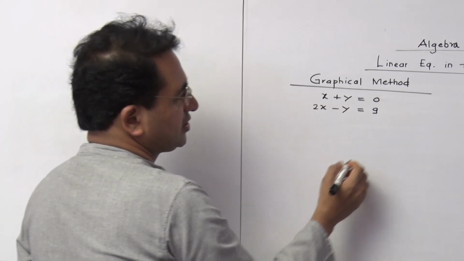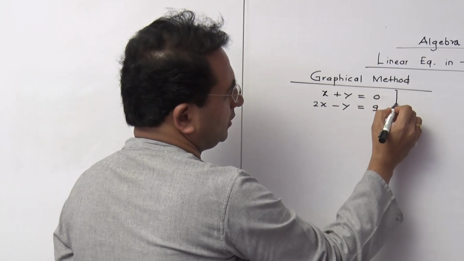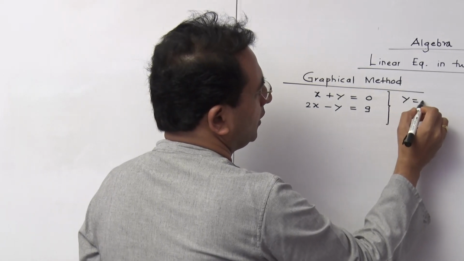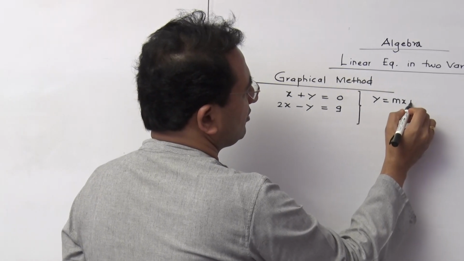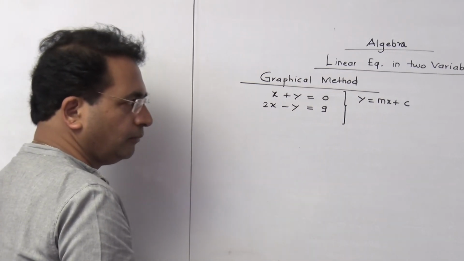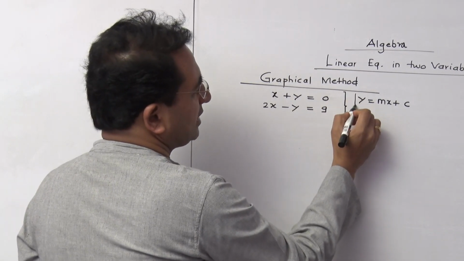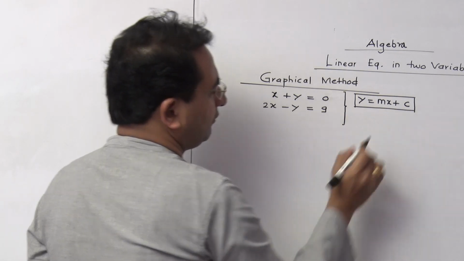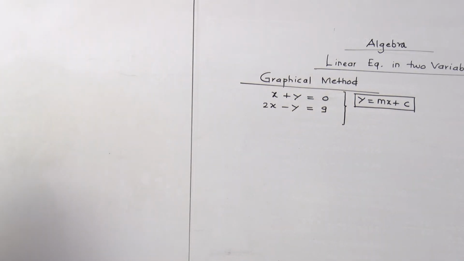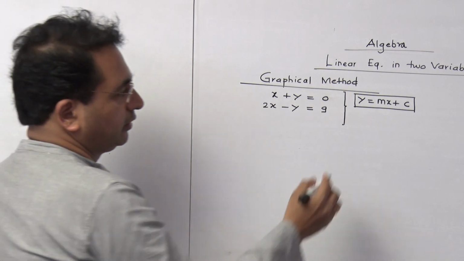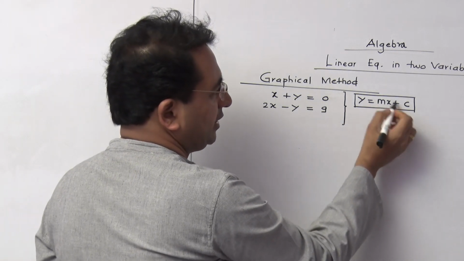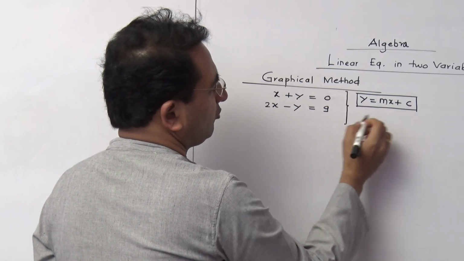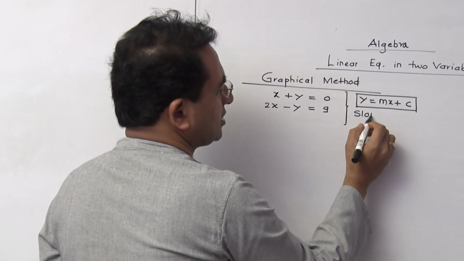Before going for this, let us understand that form. y is equal to mx plus c. Now this one I consider as the equation for drawing the graph. I will tell you the different basic things hidden in this equation form. y is equal to mx plus c is called the slope